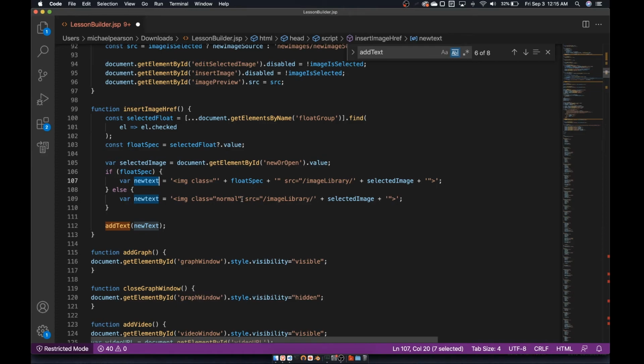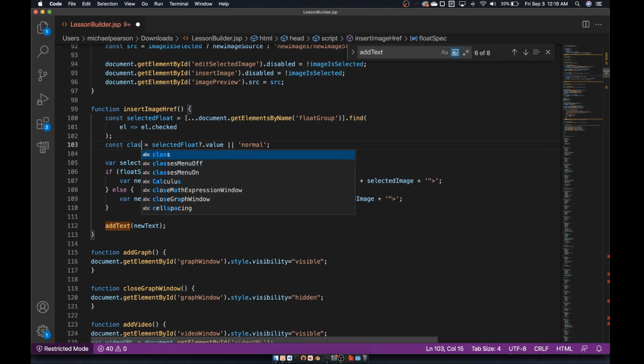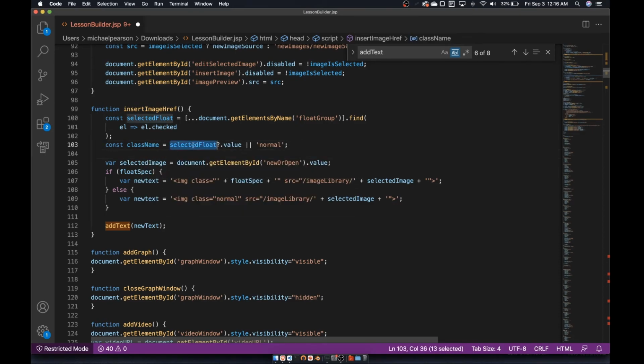Okay, what is the special part? Class equals normal or float. Oh yeah, you can either float left or right. Aha. I'm gonna just call this class name. Selected float. It's either selected float or it's normal. Okay. I don't know why I need a class for normal, but okay. Look at this. Other than that, it's the same, isn't it? Class is the only difference. This means